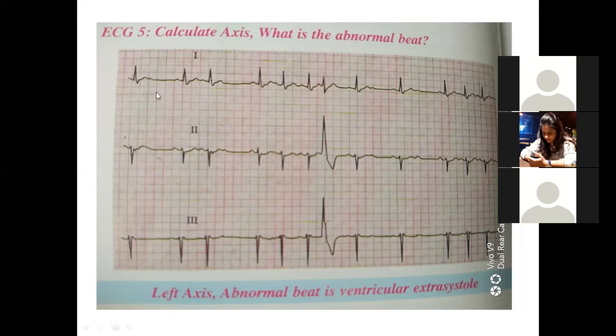Tell me about lead 1: what is the rate, what is the rhythm? Just look at lead 1. How much is the rate? Is it regular or irregular? Irregular. What is the rate? Count: 1, 2, 3, 4, 5, 6. So what heart rate will come here? First one 50, second 50. Now between the second and third, what rate comes? It is 100. This is 50, this is 100. Then again this is 50, this is 100. What is happening? Irregular. Irregularly irregular.